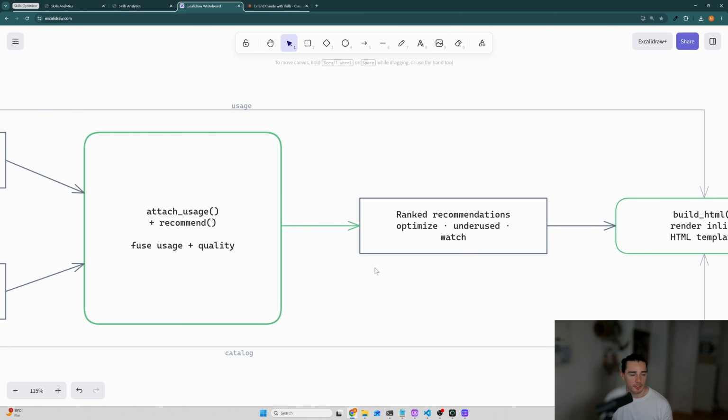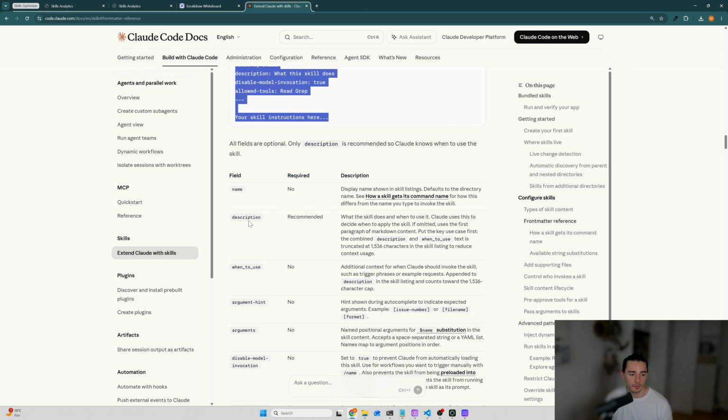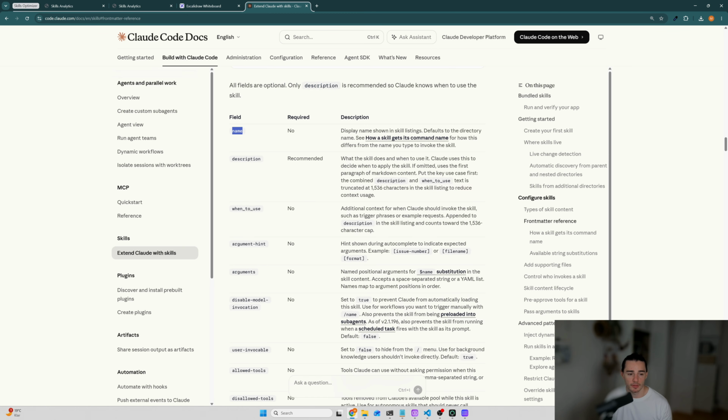And for the optimization, as I said, we also have a look into the front matter. So the skill knows exactly which front matter fields do we have, which are important, and also based on the logic of the skill, because we have also the body, what does the skill actually do? We can recommend also a model, effort, and so forth. This is kind of the first way of optimizing your skills, but there's, in my opinion, a way that is